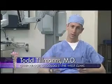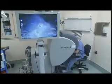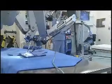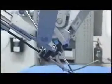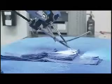individual lymphatics. It's unparalleled. In addition to the improved view, surgeons can control precise movements by moving a couple of fingers, a turn of the wrist, and pressure on foot pedals, all at a console that may be across the room from the actual patient. On the laparoscopic side of things, you don't have the single-dimensional movement of the laparoscopic device. You have 7 degrees of freedom at the tips of the device so that you have unparalleled dexterity inside the